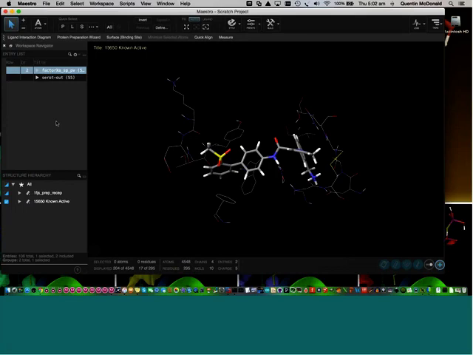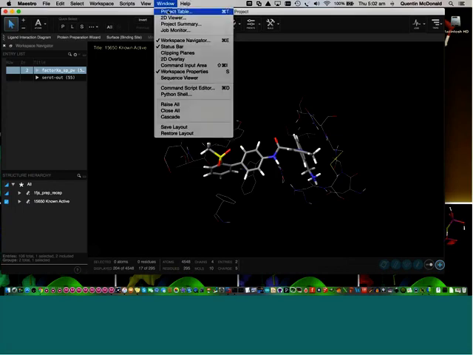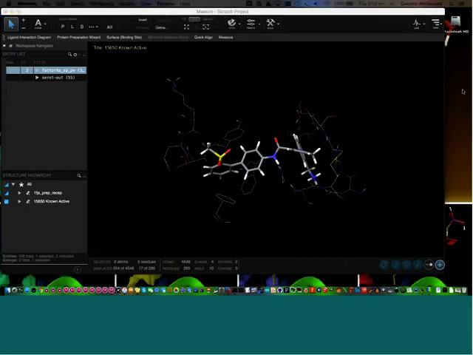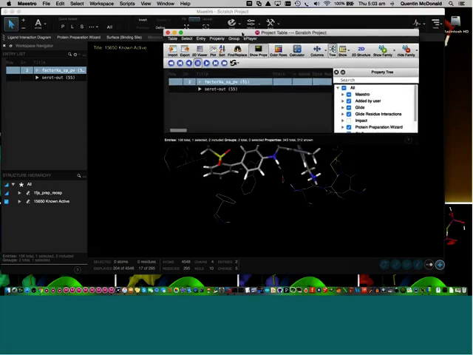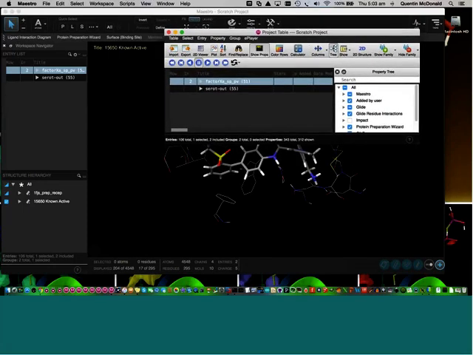The entry list and the project table work closely hand in hand. One is not really a replacement for the other, but there are different situations where we might want to use one and not the other. The project table, on the other hand, is accessible from the Window menu up here. It has the shortcut Command T. When I bring that back to my main screen, then you see that